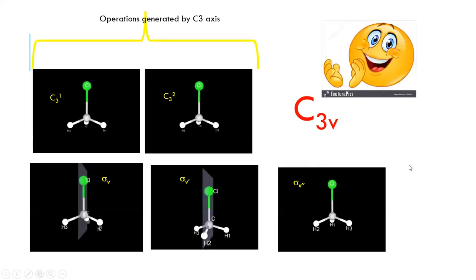In the next video, we'll see some more examples, and I request you all to just identify the point groups or the symmetry pattern in each and every object that you come across. So that will give you visual clarity before doing this point group assignment. Thank you.